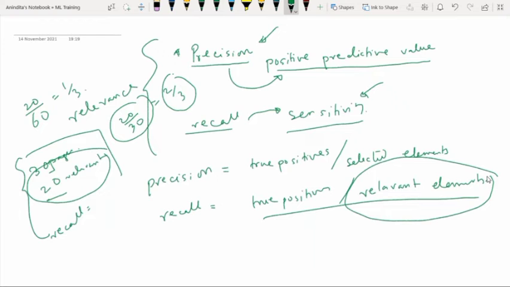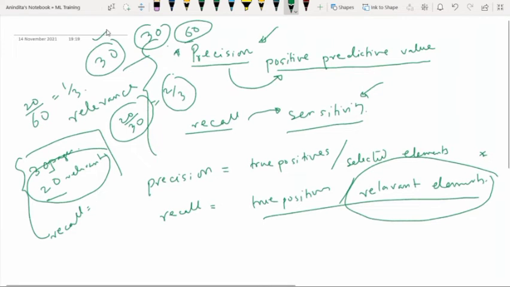Exactly. So the formula, see the number of relevant elements. Here relevant elements means total number of elements. So 30 pages are already there. 30 pages we are considering once and 30 pages again, so in total we have 60 relevant elements. So we are considering the data set twice. That's why it's the relevant elements. So got the idea?